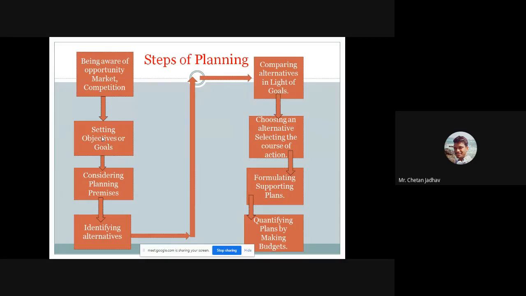Then the next stage is identifying alternatives. That is a very important step in planning. Suppose I already have plan A. Identifying alternatives means if plan A fails, then you have plan B in your hand. That is an alternative. Otherwise, at the 11th hour you are searching for the next alternatives. So don't do that. Before doing any perfect planning, before making the final objective,